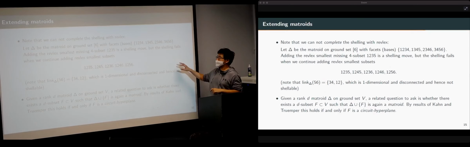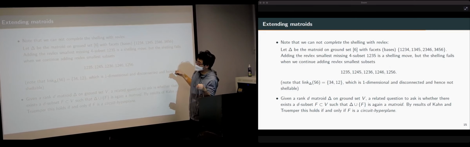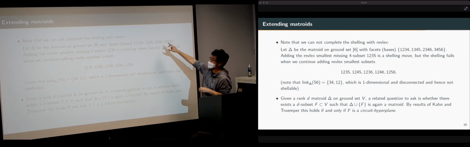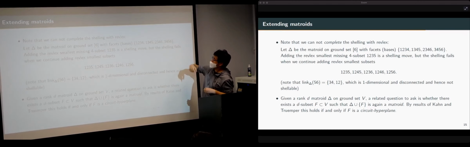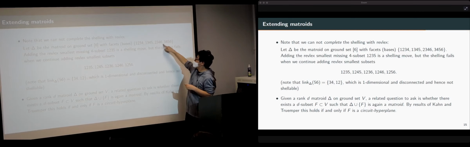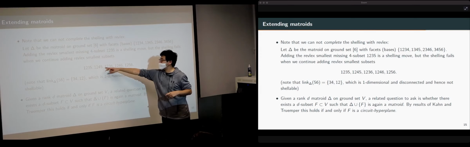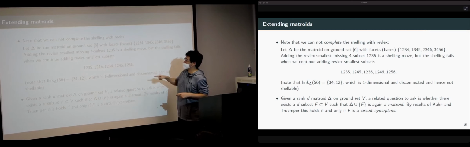So again, here's an example. Given a matroid, it is not possible to fix an ordering on the ground set and keep adding the revlex missing facets and eventually complete the shelling. So here's an example where that miserably fails. If you have the following facets, let's keep adding the revlex minimal facet that is missing. Starting from a matroid, adding this is actually okay. Adding this is okay, but at some point it fails because once you get to 1, 2, 5, 6,